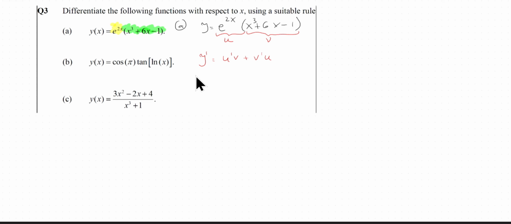So if u equals e to the 2x, therefore u prime will be 2e to the power of 2x, the derivative. And then if our v equals x cubed plus 6x minus 1, therefore v prime will be 3x squared plus 6. So based on the product rule, dy/dx or y prime